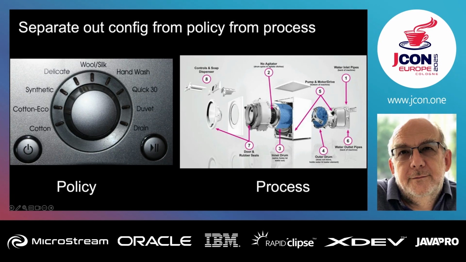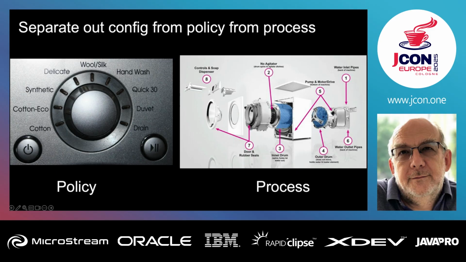But that's not how real life works. Real life says, I want to keep the user away from the process as much as possible. Certainly you have input, but you don't have control. So policy is, what do I want you to do this instance? Process is what your code does. You want the user to give you a policy that you can then use to drive your process. And that might include a few bits and pieces where they have some input, but they're not part of your process.